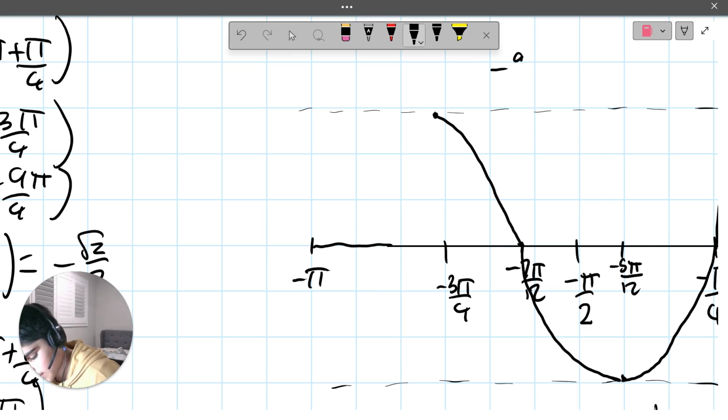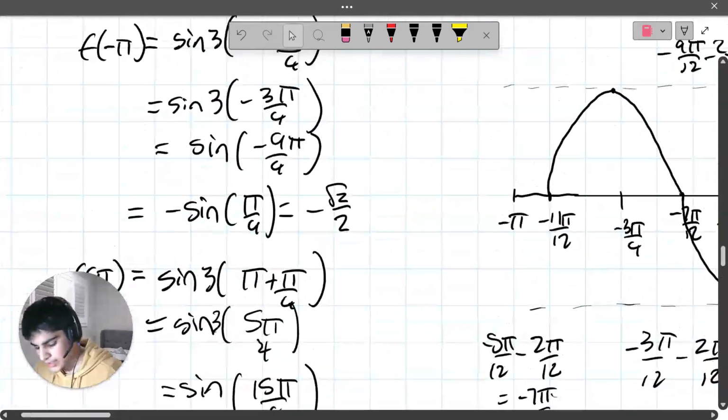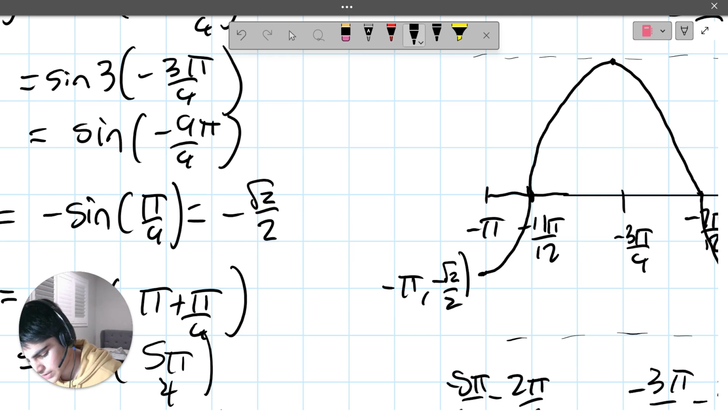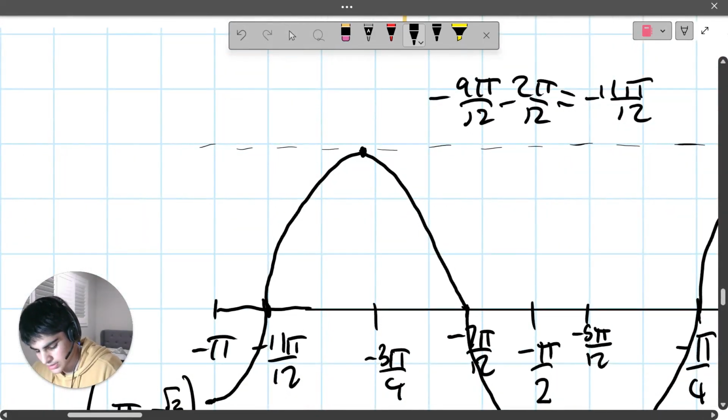And negative 9 pi on 12 minus 2 pi on 12 equals negative 11 pi on 12. Negative 11 pi on 12 lies around here. Sketch this. And our negative pi is negative root 2 on 2, which goes around here. Negative pi, negative root 2 on 2. Let's label all our maximum and minimum points. This is